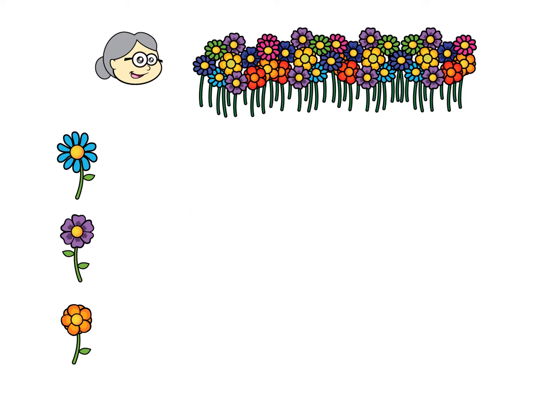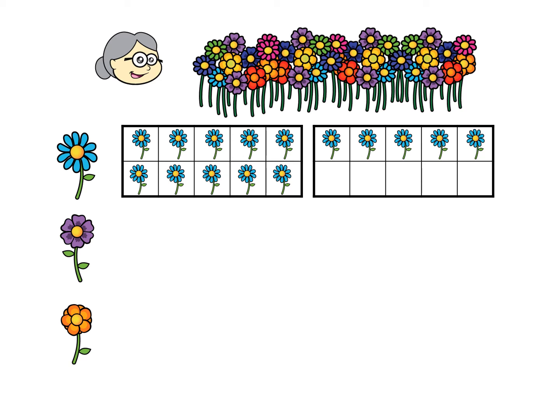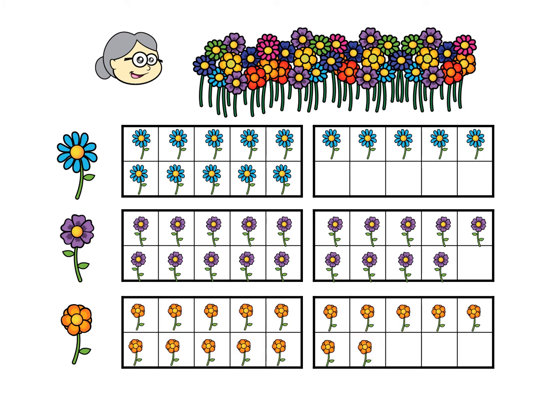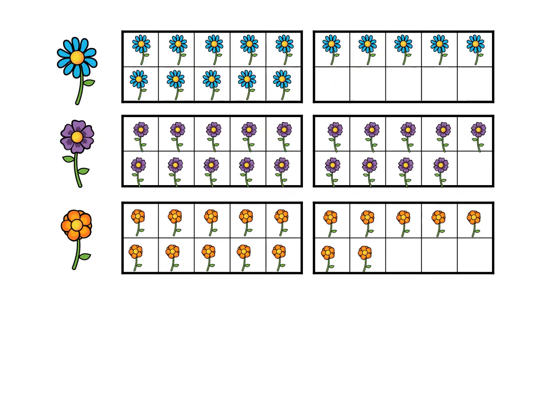Right, now we've got some flowers. Lots of flowers at the top one. Let's have a look how many blue flowers we've got. 10, 11, 12, 13, 14, 15. See how many purple flowers we've got. 10, 11, 12, 13, 14, 15, 16, 17, 18, 19. And how many orange flowers have we got? 10, 11, 12, 13, 14, 15, 16, 17. So there's all our flowers, blue flowers, purple flowers and orange flowers, and they're on tens frames to help us